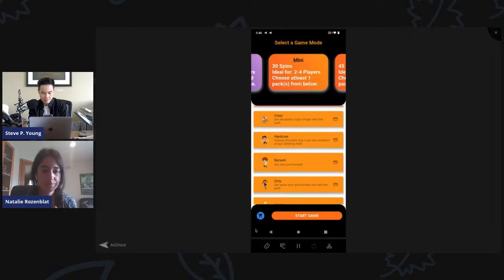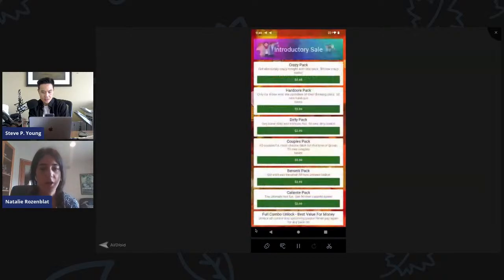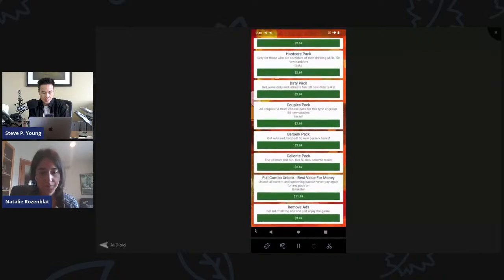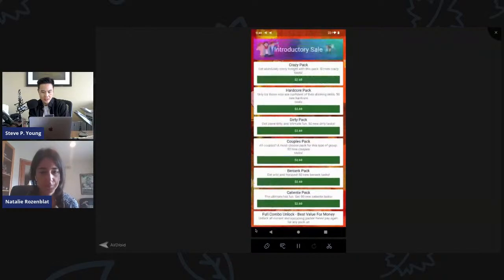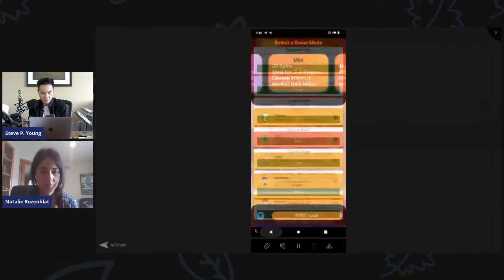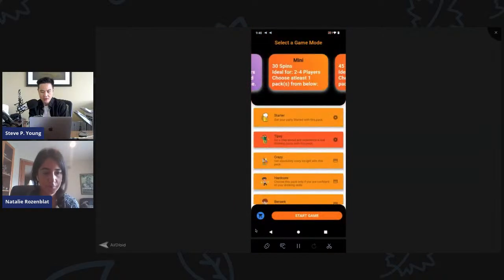Well, here's the monetization, crazy pack. Yeah, so when we were playing some of the games, I didn't even see the remove ads. So what I would suggest is if you have a remove ads in-app purchase, put a banner ad somewhere around here so that I notice it. Because I think